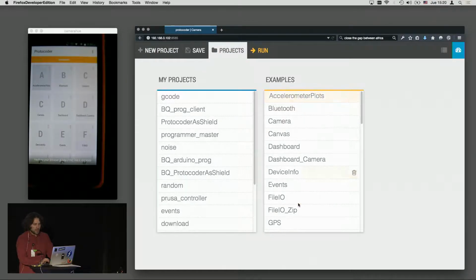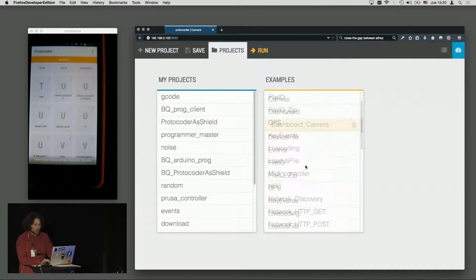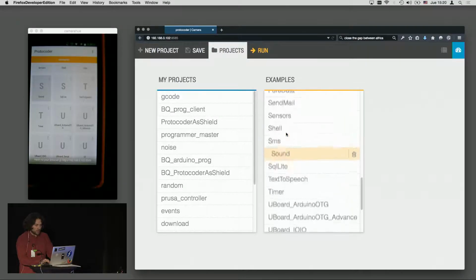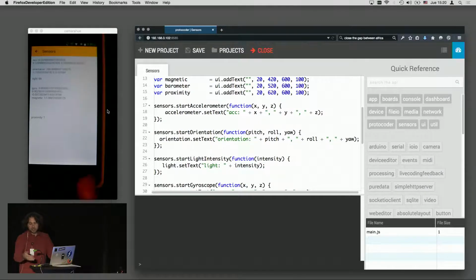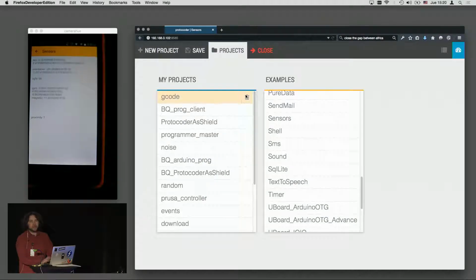It has a lot of things. It has ways to work with sensors. It has support for every sensor that Android supports. So I can go here, press run, and then I see all the sensors running. You see, to use a sensor is basically these lines of code. That's almost nothing. In Android, sensors are not that difficult, but I think you have to write a few dozen lines. For the camera that I used before, you need a few hundred.